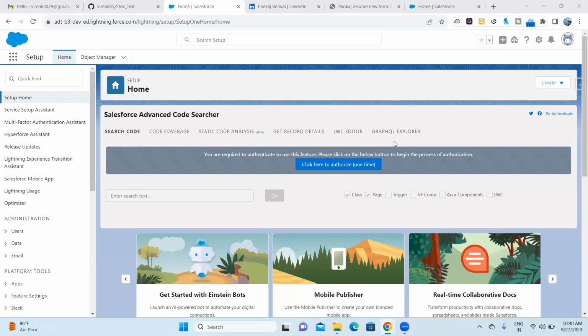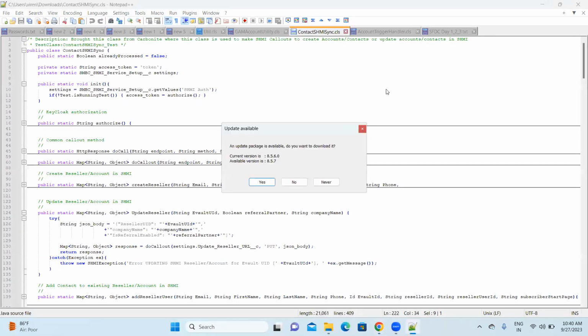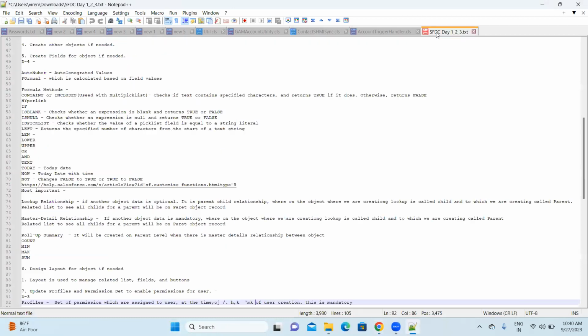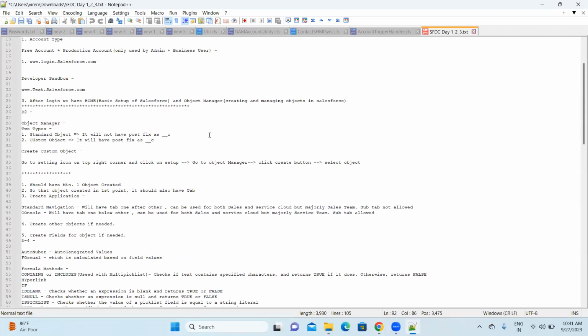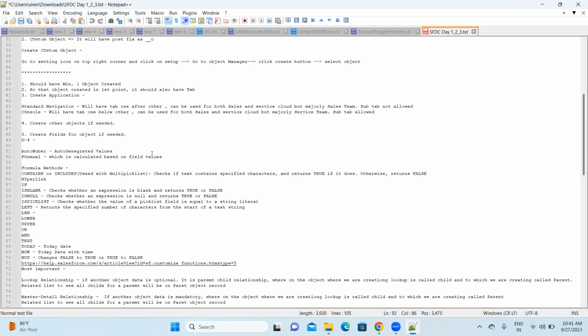So today we'll start with the flexi page. In the last classes, we have seen the complete profile, I mean the roles which are there for the job with respect to Salesforce, how to sign up and log in to Salesforce, and then eventually we went ahead and created the object, and after that we also created tabs. Then further we went and created the fields for the objects, and we discussed important data